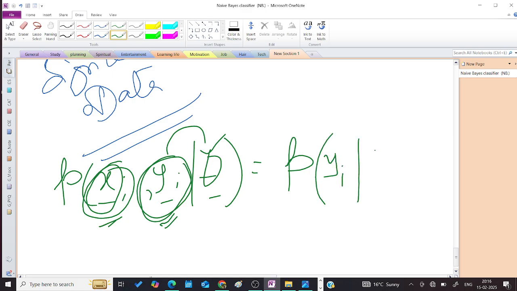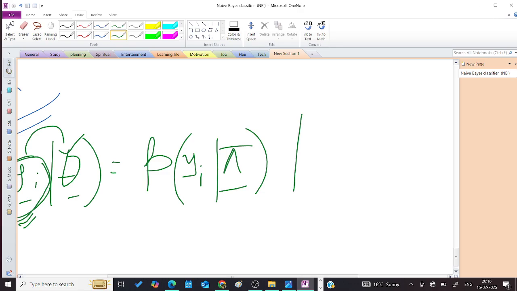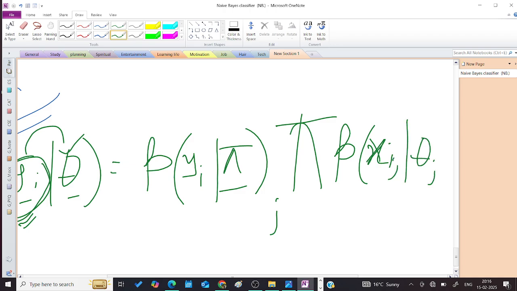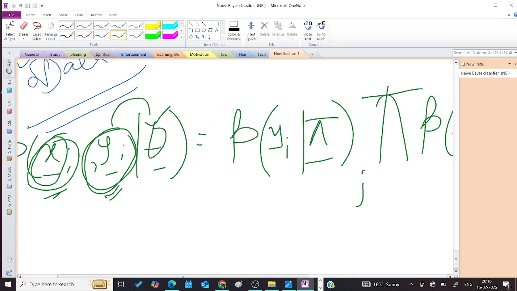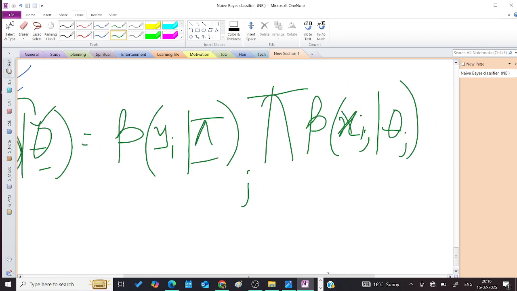It's given by yi multiplied by the product over j of p(xij | theta j), right? This is for all j, right? So the probabilities of all the features and the level. Okay,